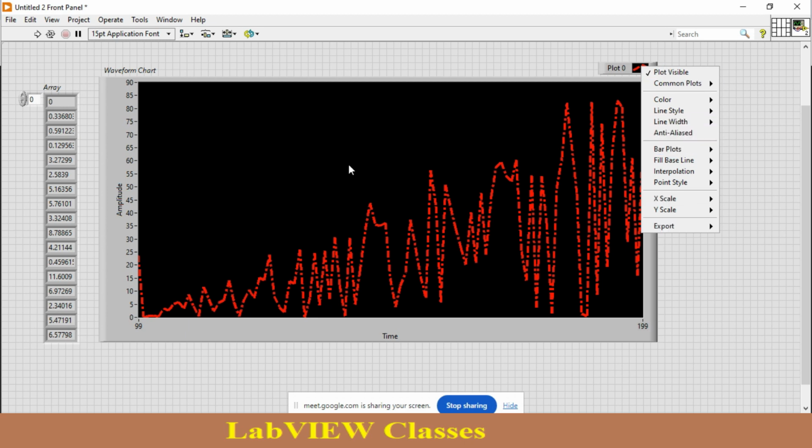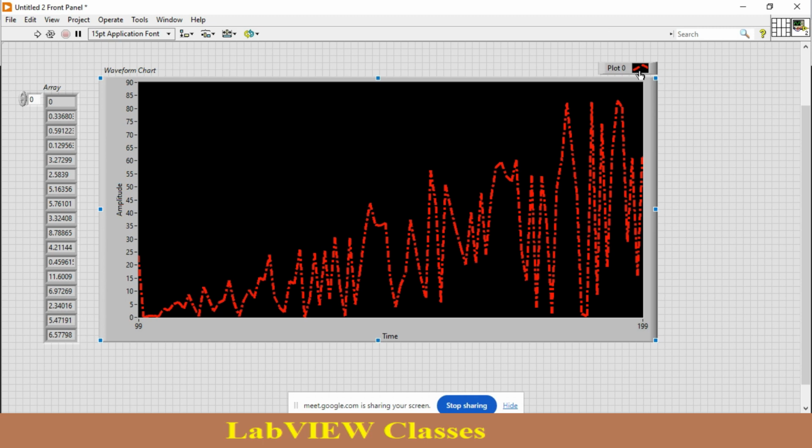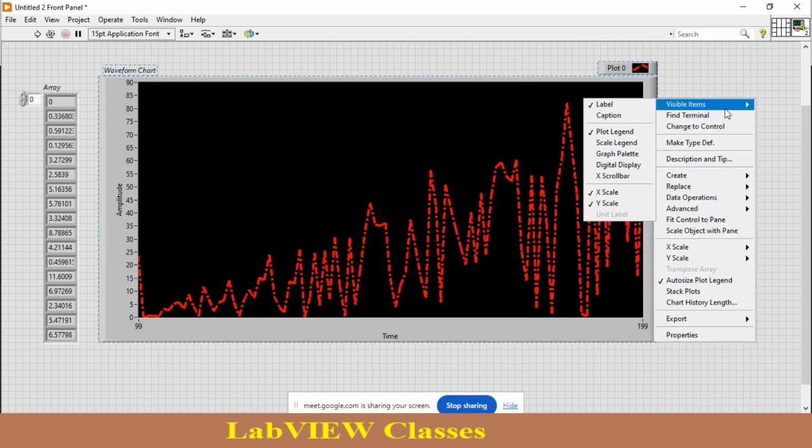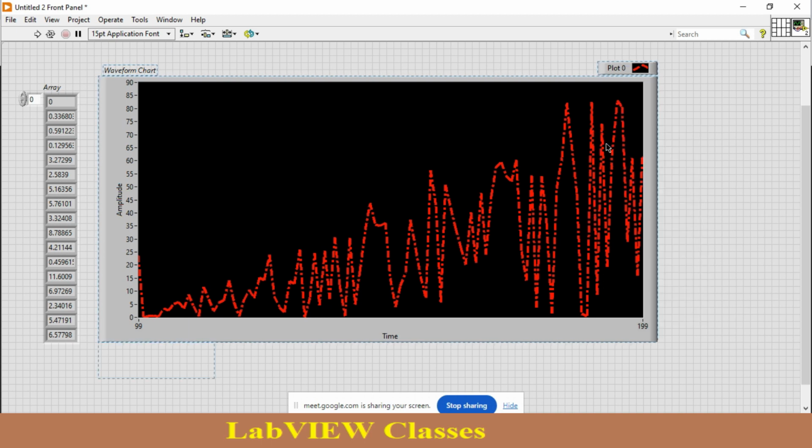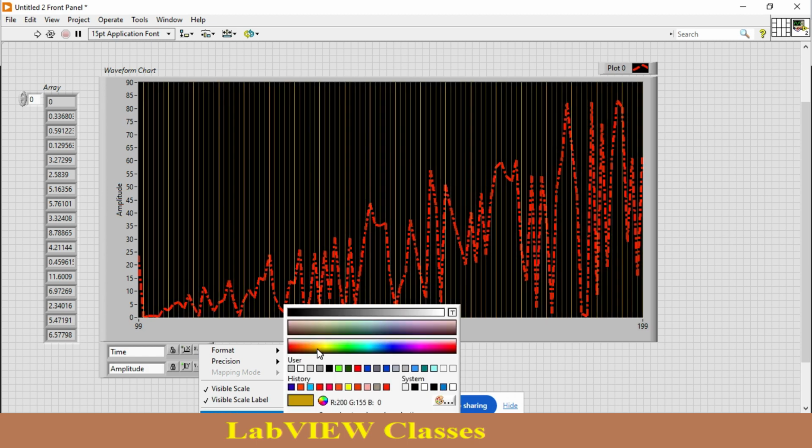These are the functions related to the inside of this graph. And if you want more functions, just select this, right click, visible items, over here caption is there, then scale legend is there. When I go with scale legend, over here this is my time axis, the horizontal axis, that is my x axis. If you want to place a grid over here,